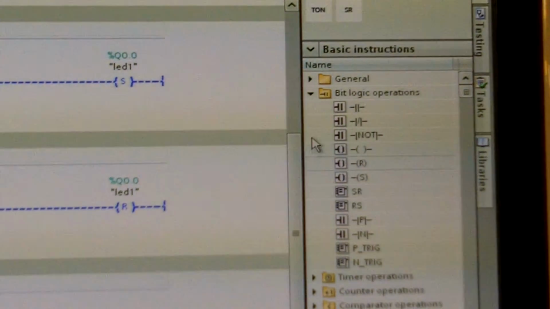Now, next in the instructions, actually just